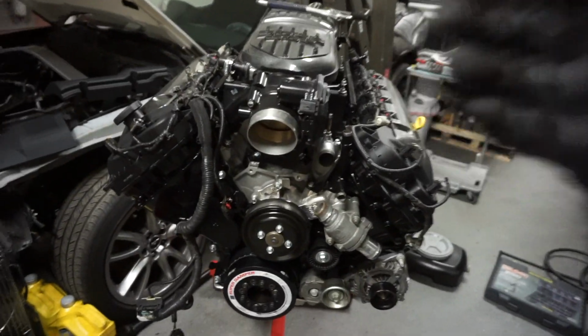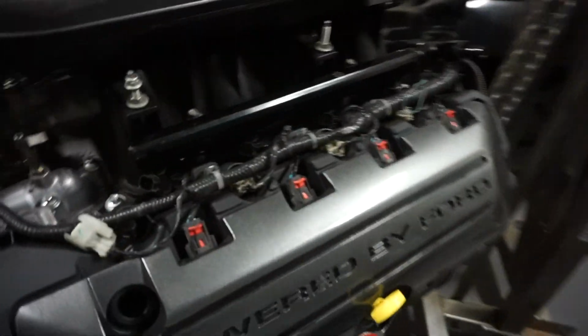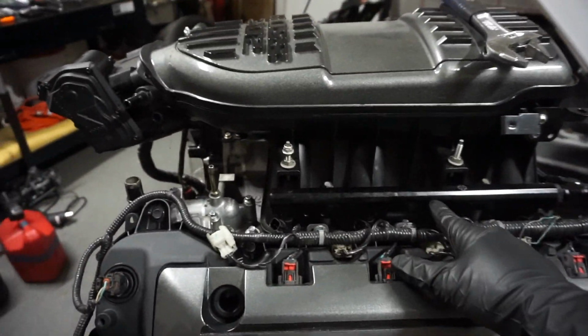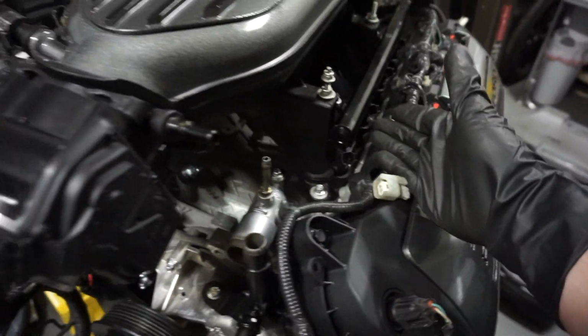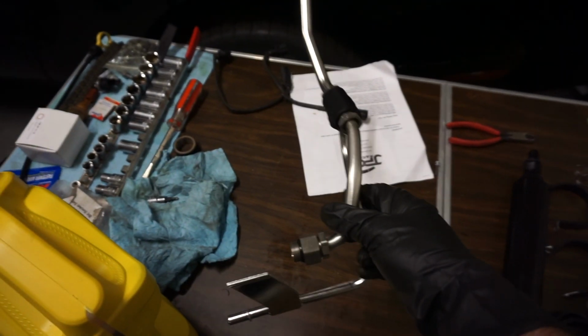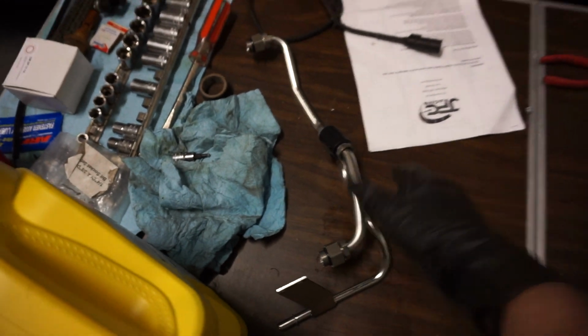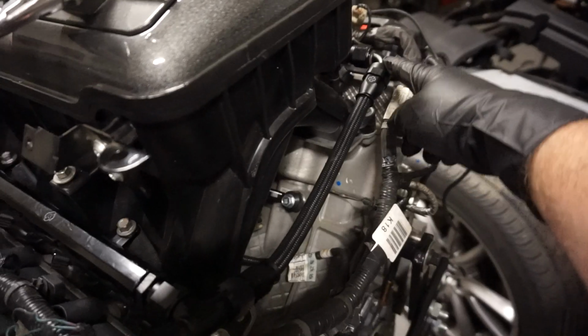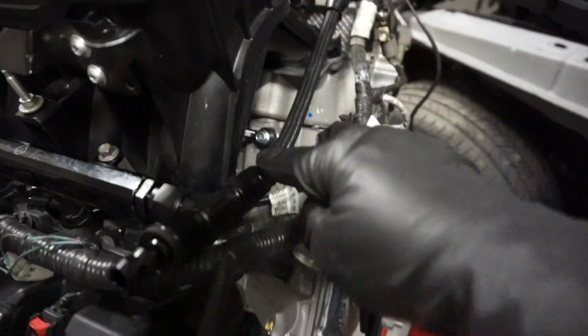I did obviously drop the manifold onto the new motor here, and then I was getting the fuel rail switched around, and believe it or not, this is an eBay fuel rail, and it's actually worked pretty good for me. It originally came with this little piece, which was separate. I had to put it together. That's the crossover for the front, the stock rail. And then they also came with this crossover line, which has a little 90-degree fitting, and then the T